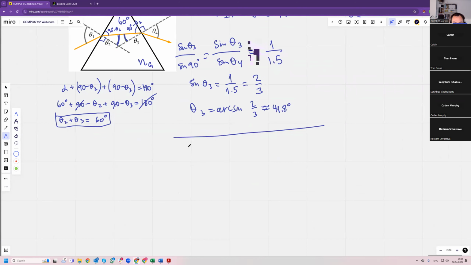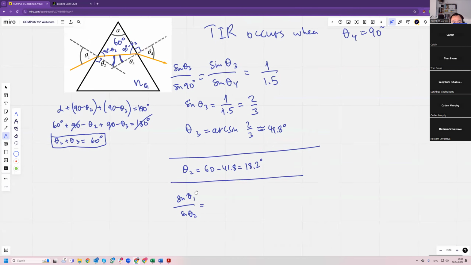And then that means that theta 2 is 60 minus 41.8, which makes theta 2 18.2 degrees. And then we have sine theta 1 over sine theta 2 is going to be,